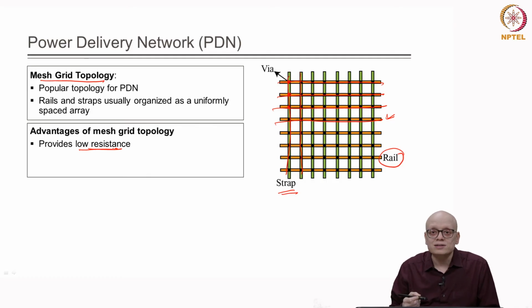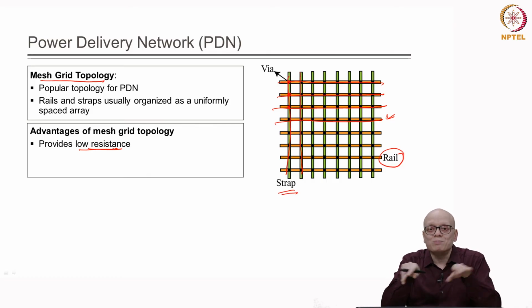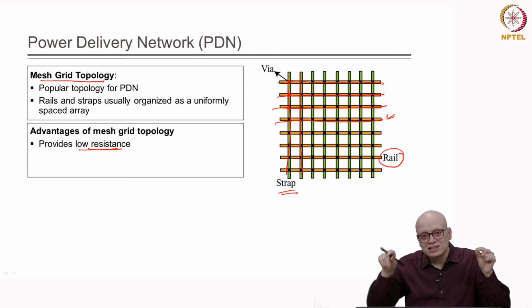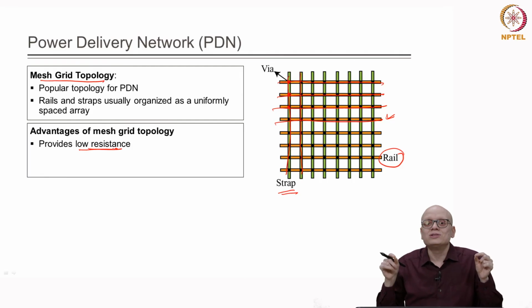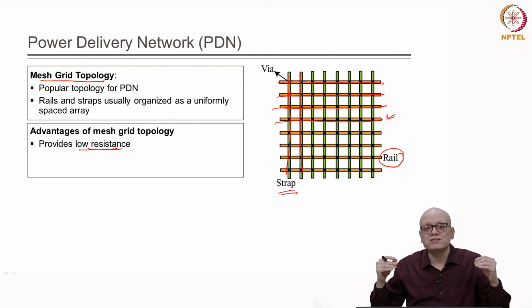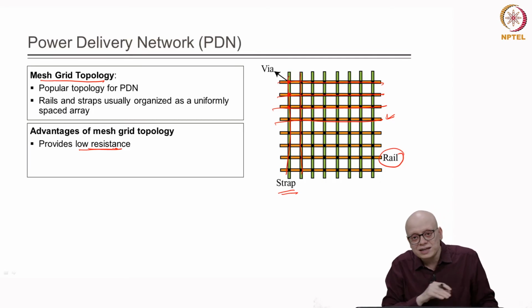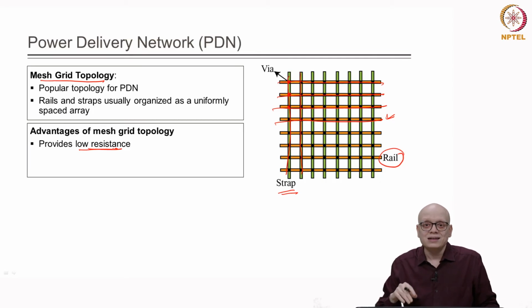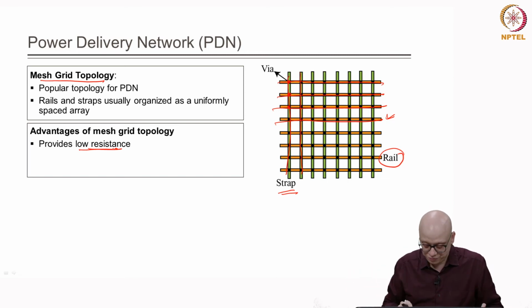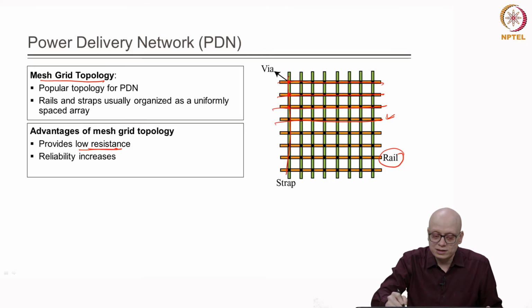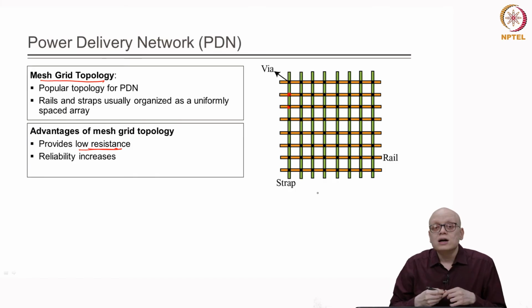Why do they offer low resistance? Because there are many parallel paths, right. If there are 2 points and there are more parallel paths between them, then of course, the resistance will go on decreasing as we create more parallel paths. In the mesh grid topology, there are so many parallel paths that the effective resistance between 2 points goes down. Another important merit of this mesh grid topology is that it offers a high